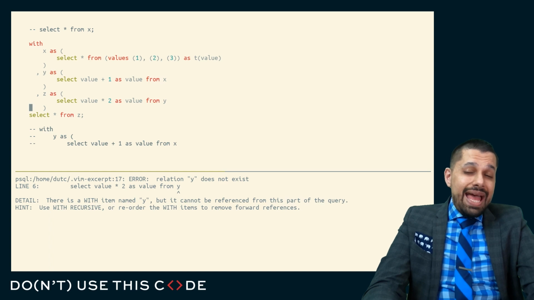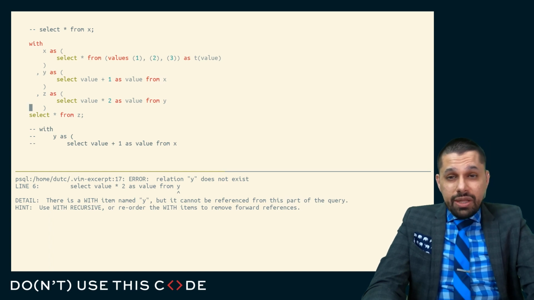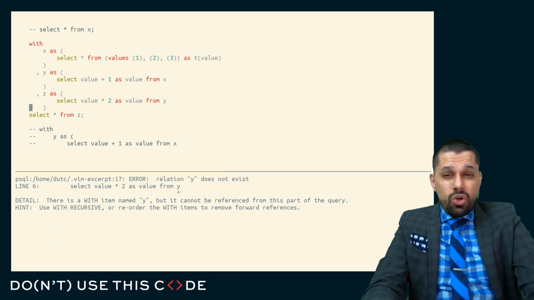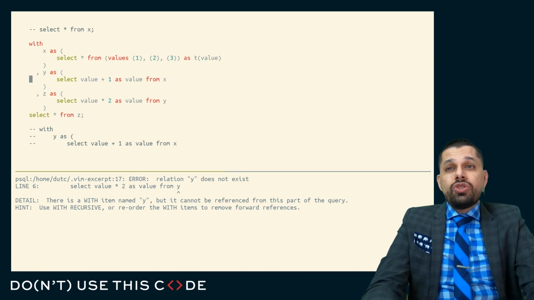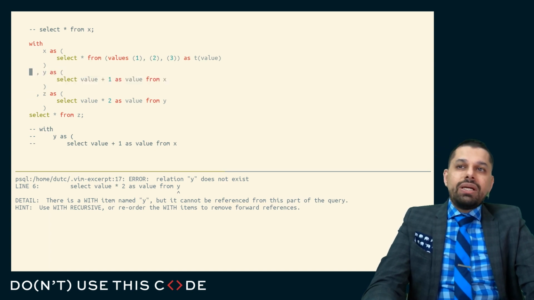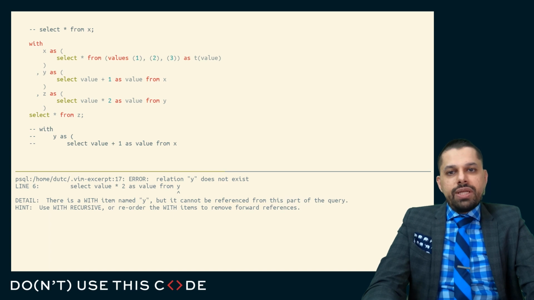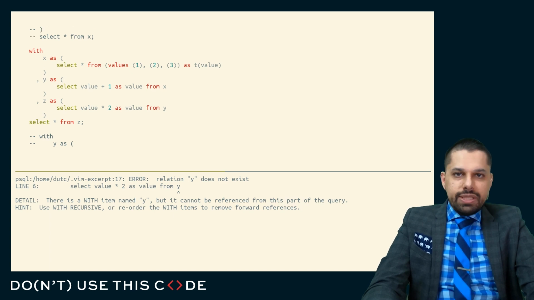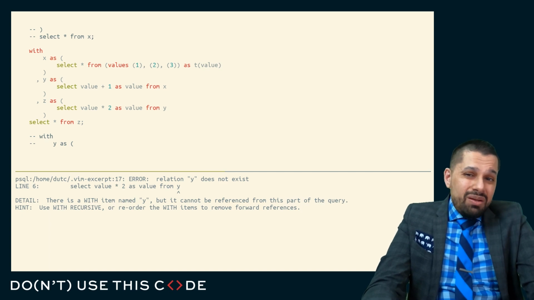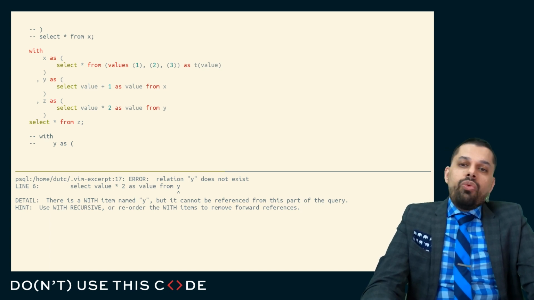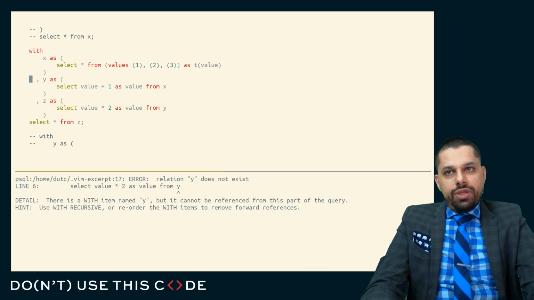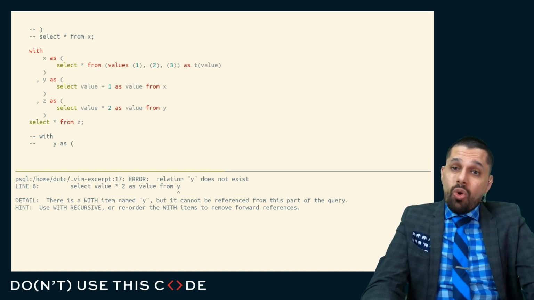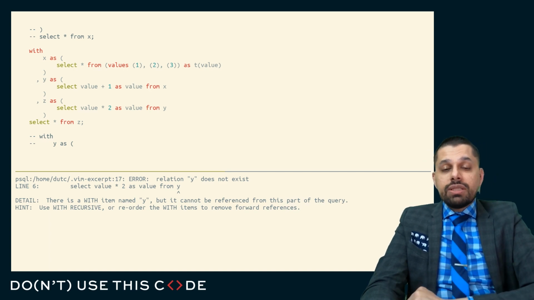And if the query engine has some way to merge these together or to use some sort of predicate pushdown to filter the total amount of data that we want to look at, we are going to prevent it from applying that, because historically CTEs have presented as optimization barriers and subqueries have not. And so even though this is yet another way we can perform something kind of similar to what we did with the subquery, we might choose the subquery over this approach if, for example, we want the SQL engine to be able to optimize this, or we might choose this approach over the subquery if it's the case that we